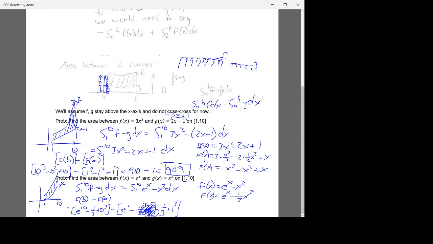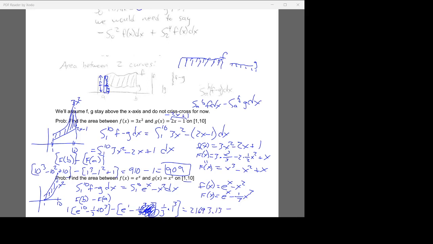So that's not going to be pretty. That's going to be a rather large number. Let's see how big e to the 10th is. About 22,000. And then we'll subtract off 1,000 divided by 3. So we have something like 21,693.13